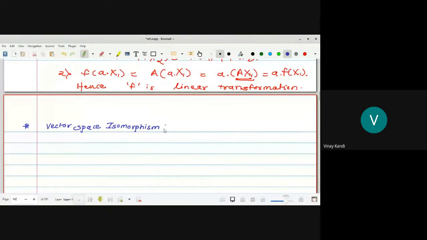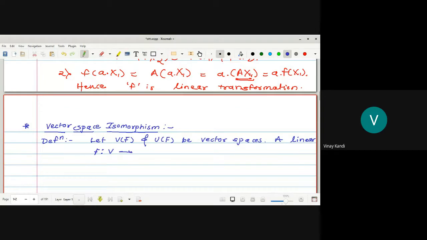Let capital V over F and capital U over F be vector spaces. Then a linear map, the map is a linear transformation, F from capital V to U,